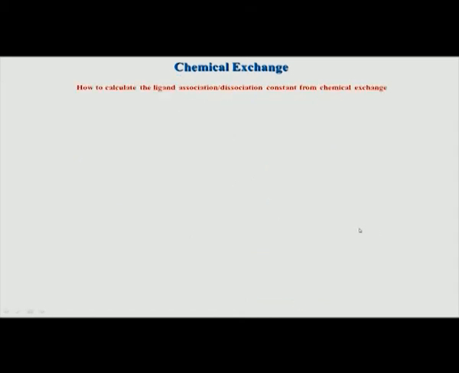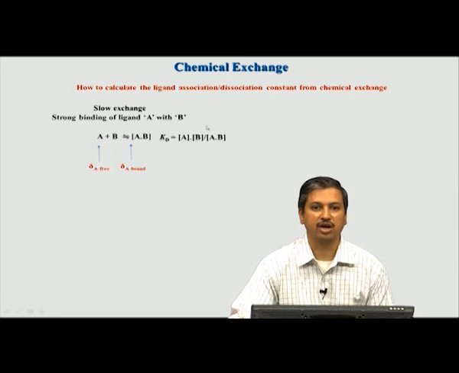Now, based on these two processes, we have looked at slow and fast exchange. How do I calculate the constant? Remember our focus is to find out this dissociation constant. This is the binding affinity. If you are working on a drug protein interaction or a ligand protein interaction, one of the major goals in this exercise is to find out what is the affinity of the drug or substrate to the enzyme or the protein. So, we usually use the word Kd, dissociation constant, which is basically measured like this. It is the population of A times B divided by the population of the complex, or concentration.